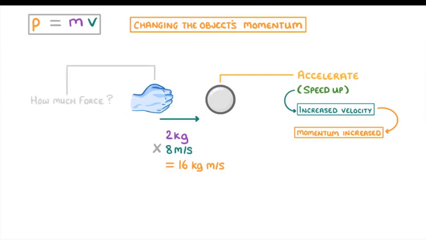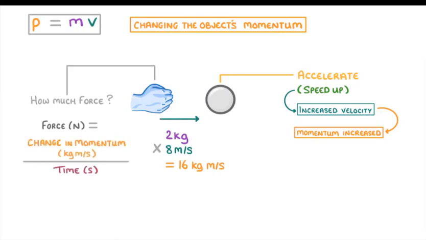To work out exactly how much force is required to cause this change in momentum, we need to use this equation, which says that the force is equal to the change in momentum divided by the time over which the change took place. So if we knew that the hand had applied the force over a period of 0.5 seconds,